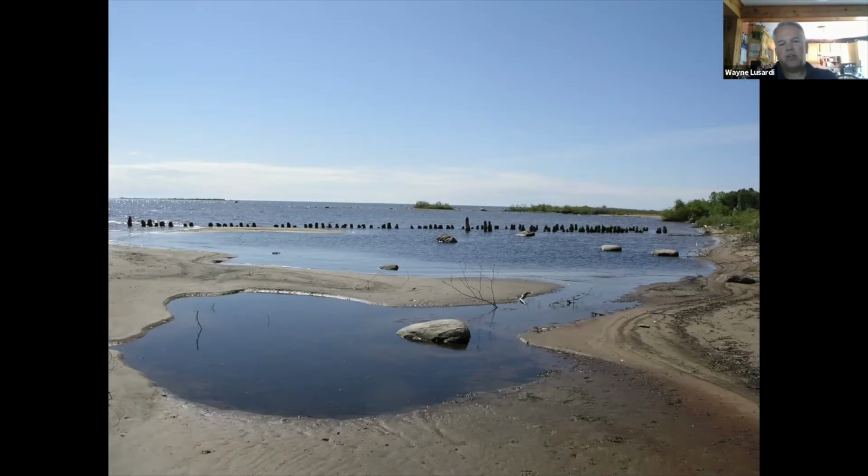And pilings usually represent some kind of coastal community structure. It could have been a dock, it could have been a wharf or pier or something like that. A lot of times these get pulled out and dispersed all over, and a lot of times they are erroneously reported as pirate ship masts for some reason in the Great Lakes. But they're old piles, and again, they are